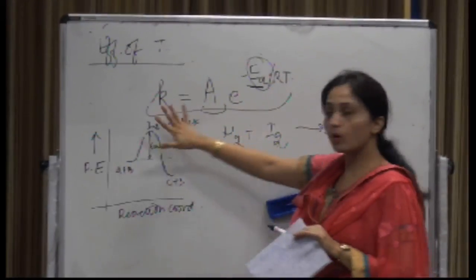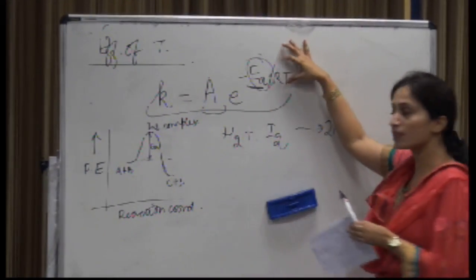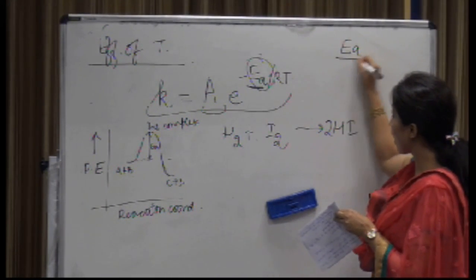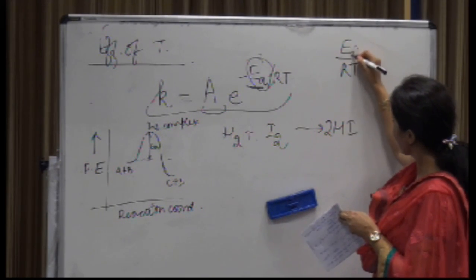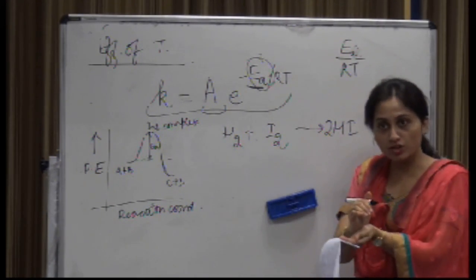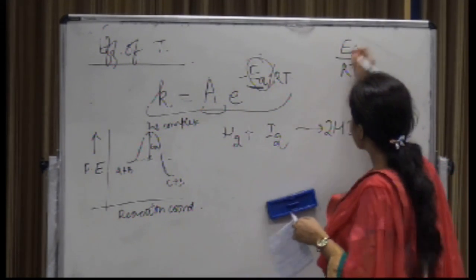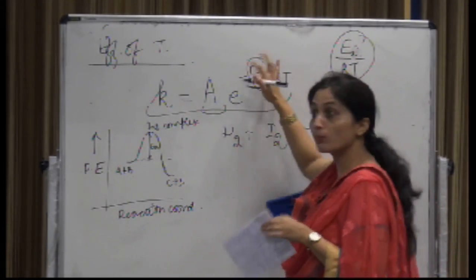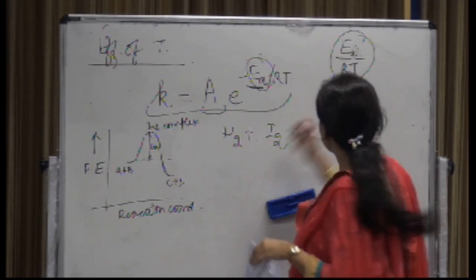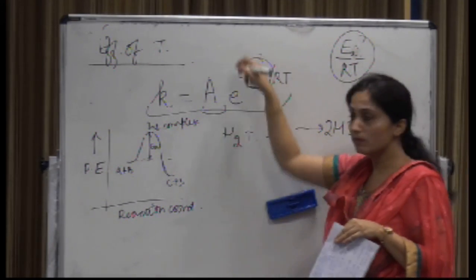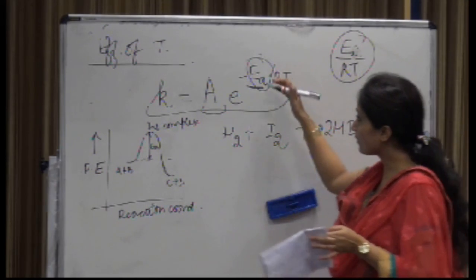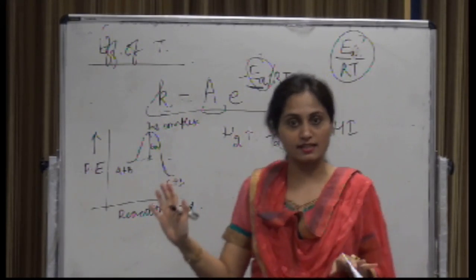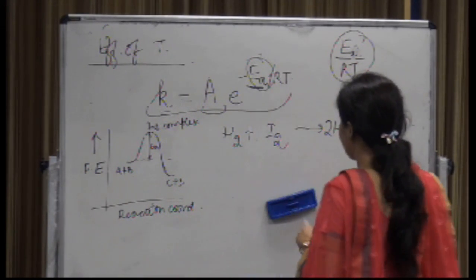Now, understand one more thing which is very much evident because mathematically it is also proved. If temperature increases, then this EA upon RT term (A is a subscript only) will be reduced because temperature is in the denominator. So as a result, the power term, which is a minus factor, will have a smaller magnitude, and since the exponential is to the power minus, your rate constant will increase. Got the point? So it is also directly related to that. Alright,